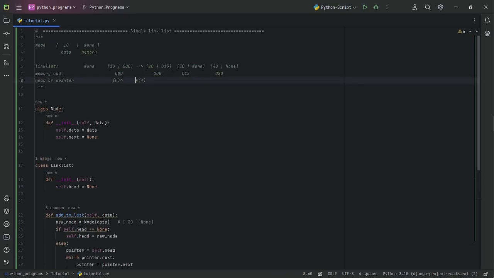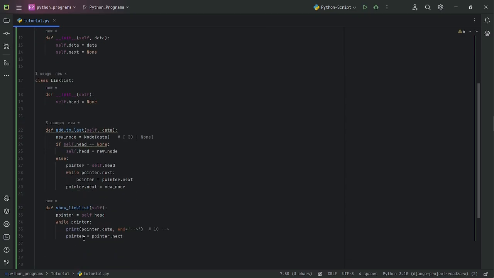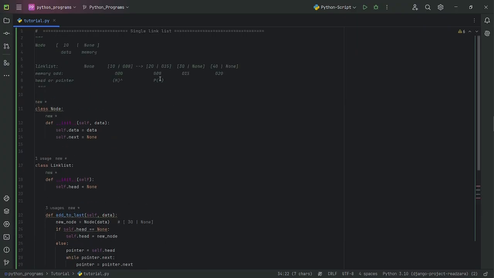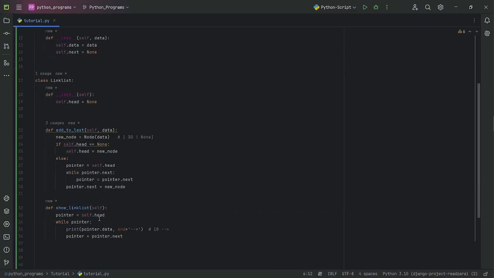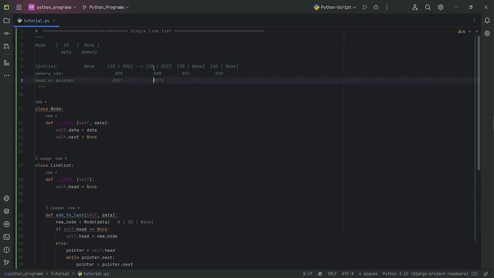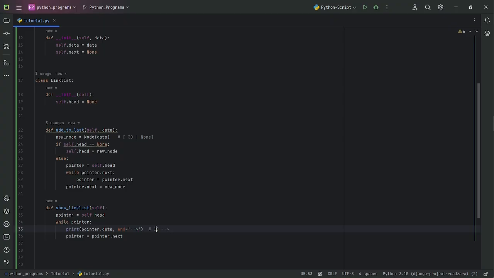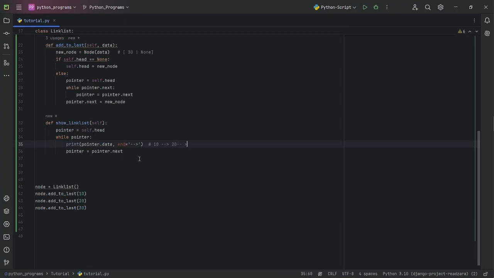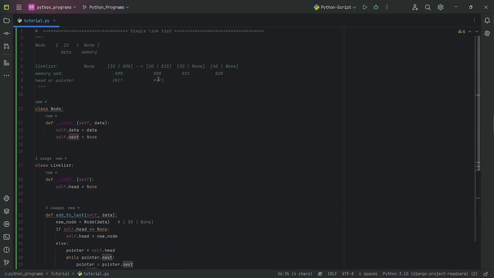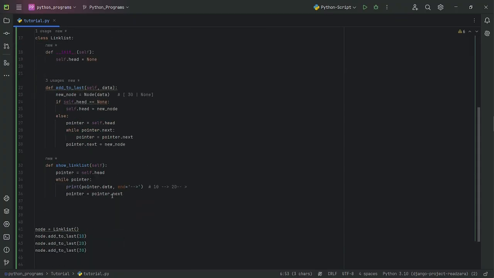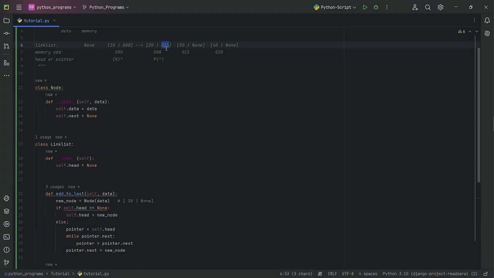So now pointer will come over here because pointer value has been updated as 008. Again the loop goes over here. Again, do we have the pointer? Yes, because pointer is pointing to this node. So this condition goes true. It comes inside, pointer.data, which is 20. So it prints 20. Again pointer.next, which is 005, we have assigned to the pointer. So this value has been assigned to this pointer, and now this pointer points